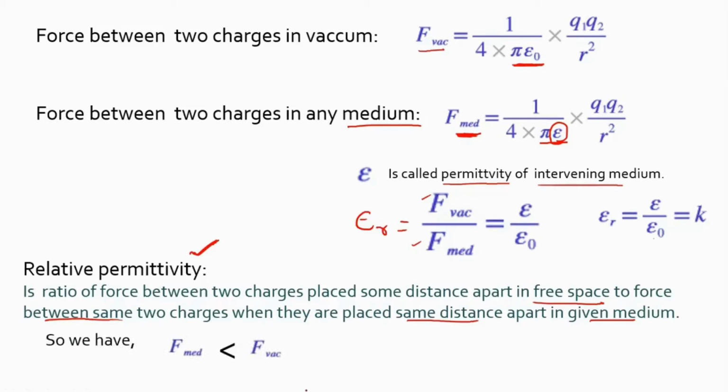So the important concept is that whenever the same two charges are placed in a medium or in a vacuum, the force present between them in a medium will always be less than the force between the same two charges when they are present in the vacuum. That means in vacuum the charges experience the greatest amount of force, and in any other medium the magnitude of the force is always